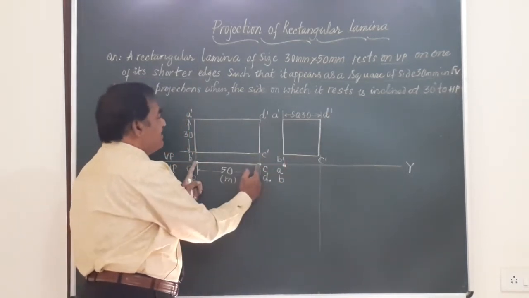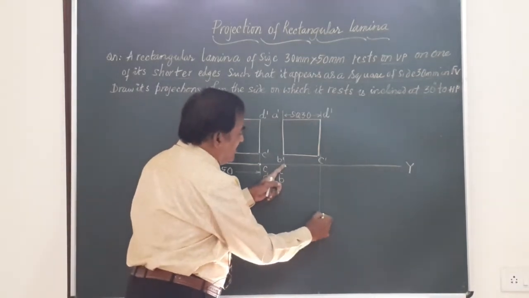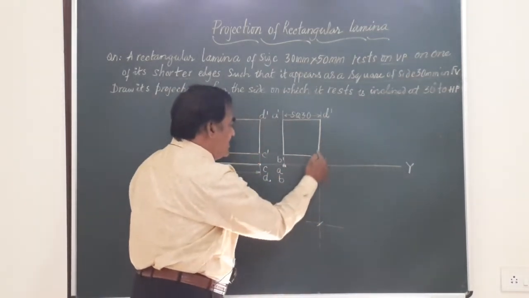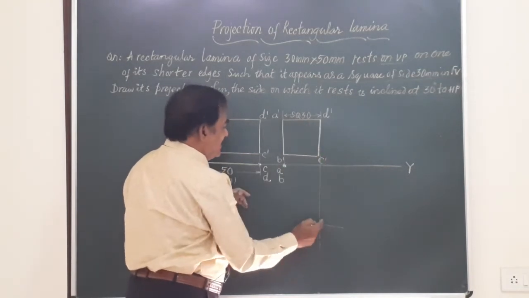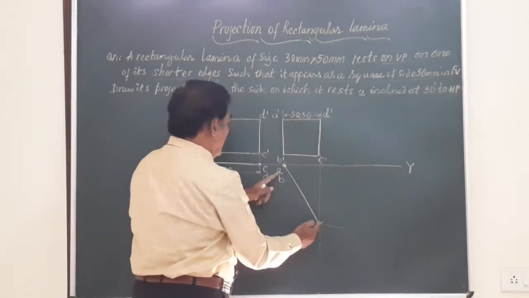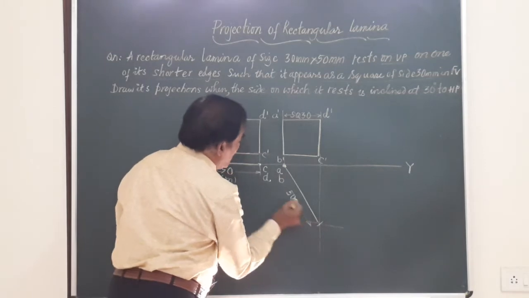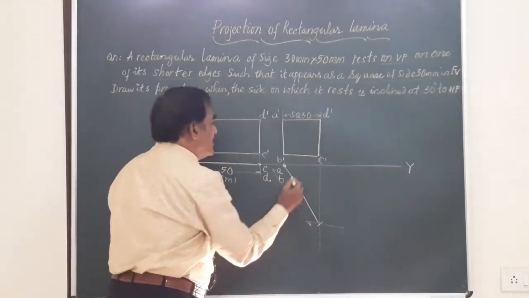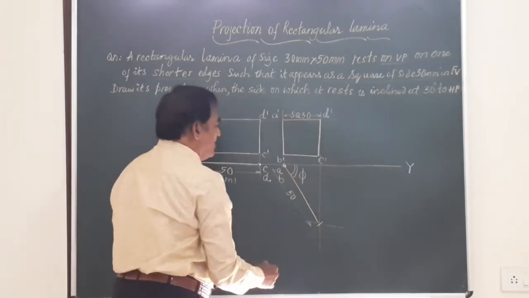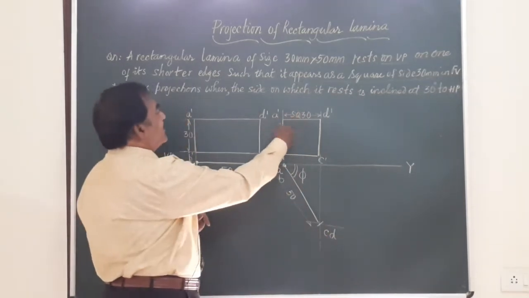Friends, you have this ABCD of length equal to 50 mm. Taking this as the center and radius equal to 50 mm, draw an arc to cut this vertical line drawn through CD at this point. Join these two. Friends, this length is again equal to 50 mm, that is our M. And here this is making an angle phi. So for this angle phi made by the surface ABCD with the VP, you get a square in the front view.